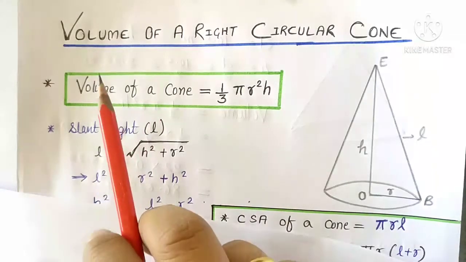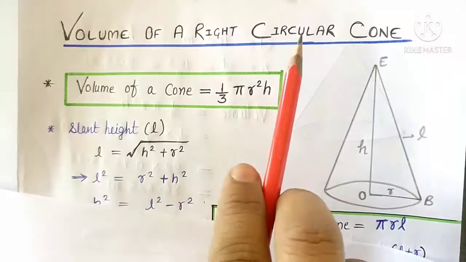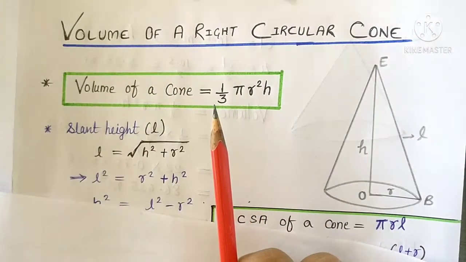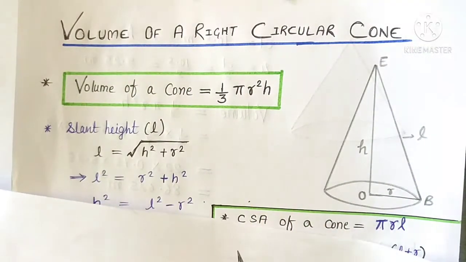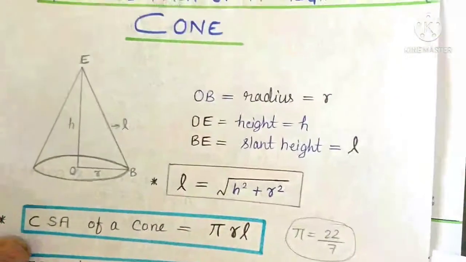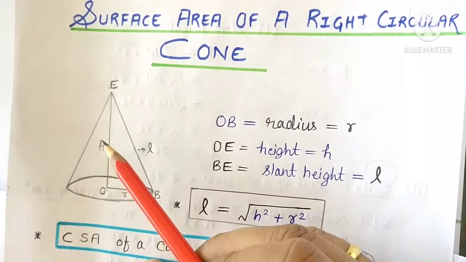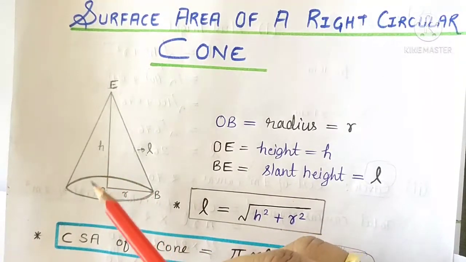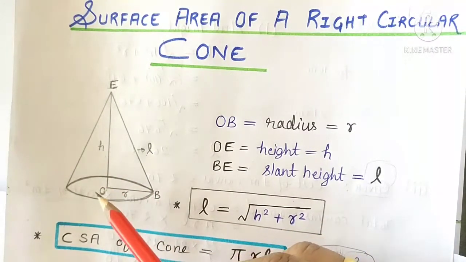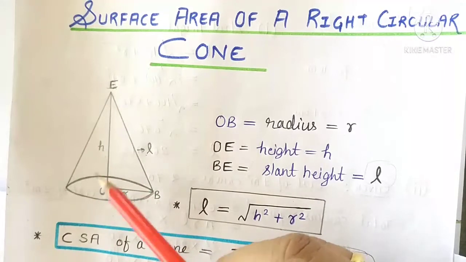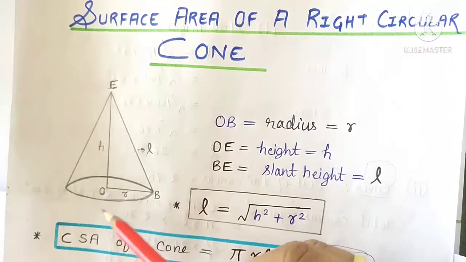So today students we are going to talk about volume of a right circular cone. Now about cone we have already studied under exercise 13.3, where we learned about the surface area of a right circular cone. If you remember, let me remind you again. This is a cone, like the shape of a birthday cap. We also use it as a goal marker, when we are playing football and other games, for keeping the boundary. This type of shape is called a cone.